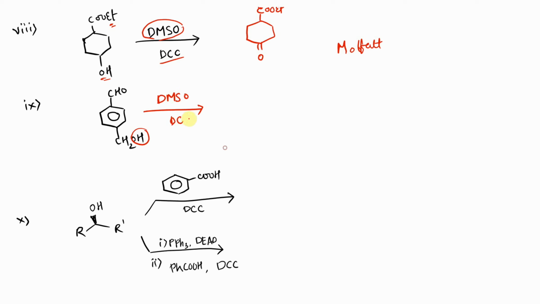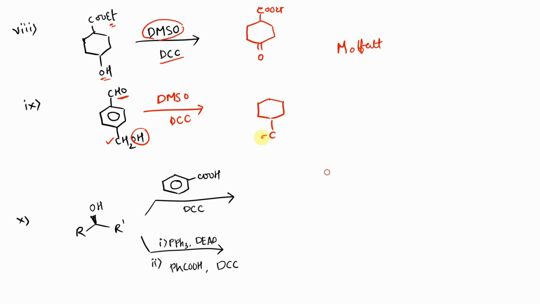and DCC. Again, if you observe carefully, we are using an aldehyde on the other carbon, instead of COOEt. If you had used COOEt at this position, then it may have led to the formation of a ring structure. Since we have an aldehyde group but not an acid, there will be no formation of a ring structure. Hence, the hydroxy group present on the CH2 group will be oxidized to form, in this case, an aldehyde.